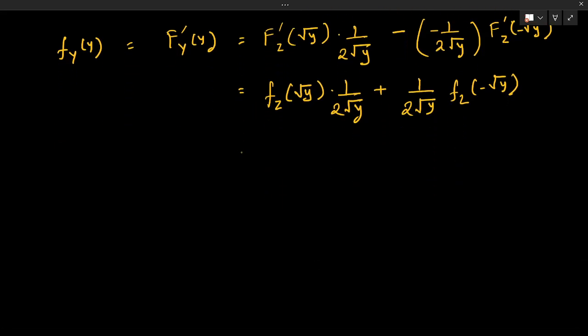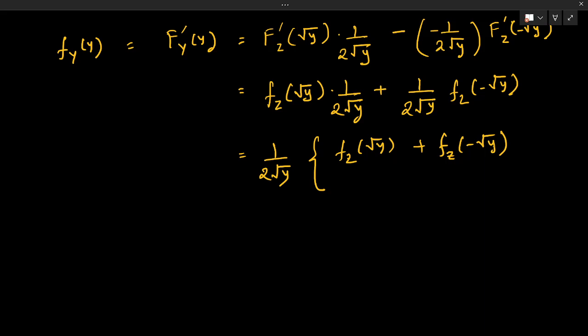We are going to take 1 by 2 root y as common. We are going to get f_Z of root y plus f_Z of minus root y. This is equal to 1 by 2 root y,